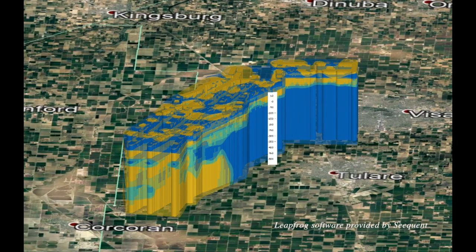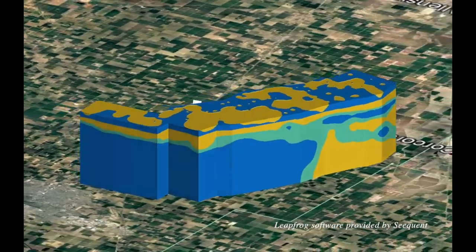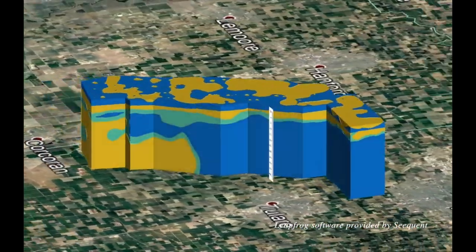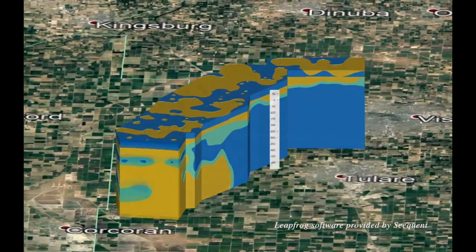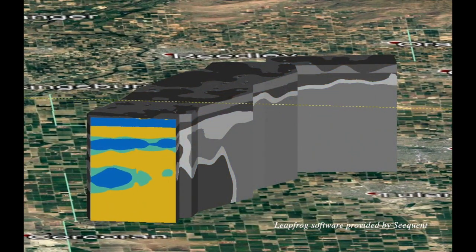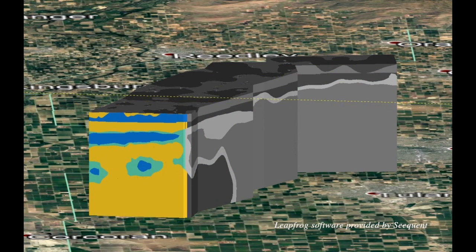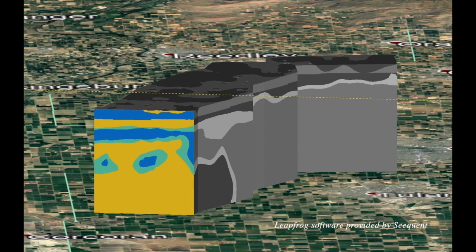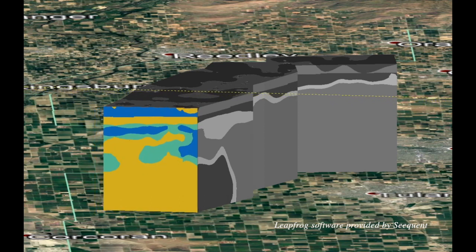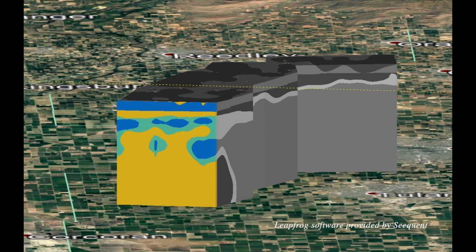So we'll start with this three-dimensional model where we've interpolated between our measurement locations to get a full 3D representation of sediment type in the subsurface. And what we're going to do now is slice through this volume. So looking at 2D slices. And what we can see, the blue again is the clay, the yellow is sand and gravel, the green is the silt, and we can see the variation in the distribution of these sediment types as we move through this